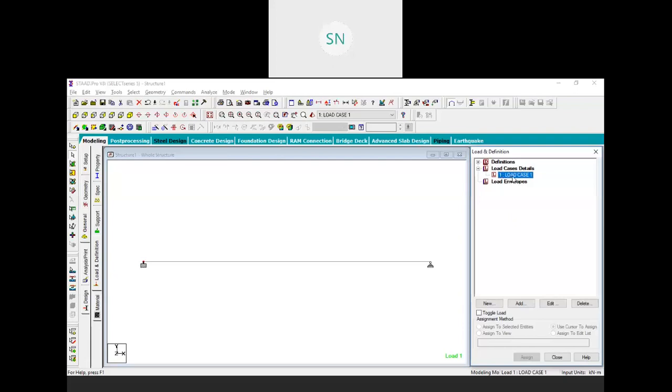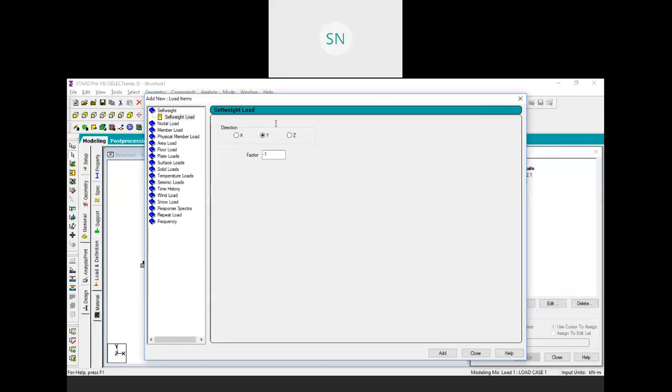You can assume that this is an envelope, or you can say a folder, where we put some loads inside that. So first we have to create a load case, then click on that load case and click on add again. Now you are able to create your load.